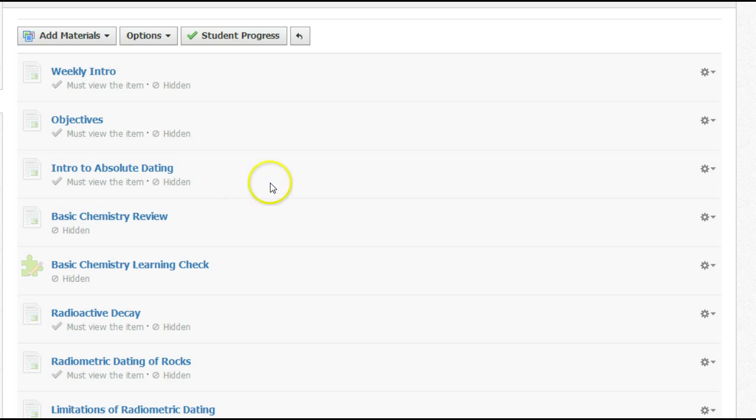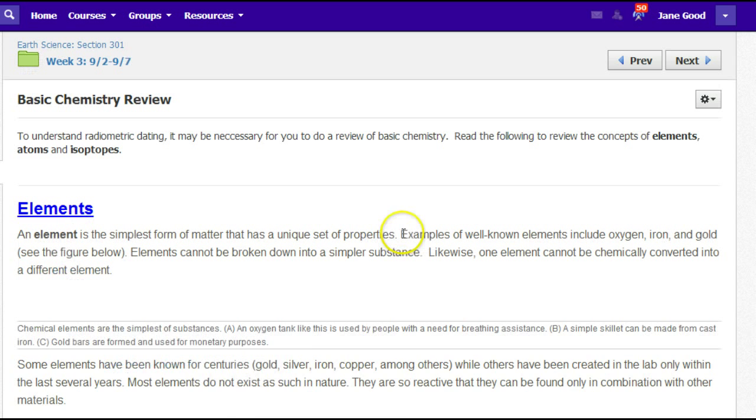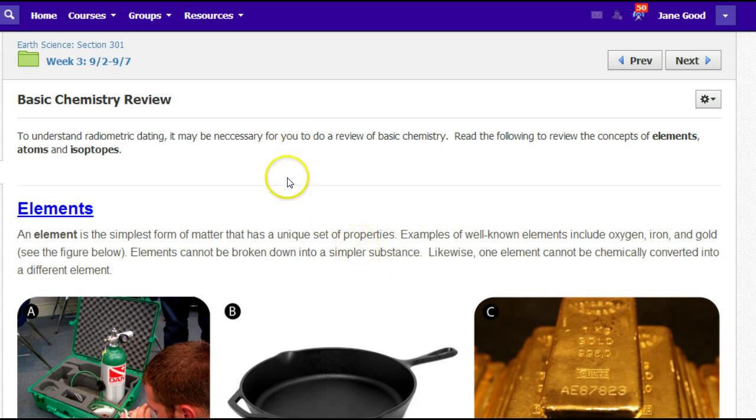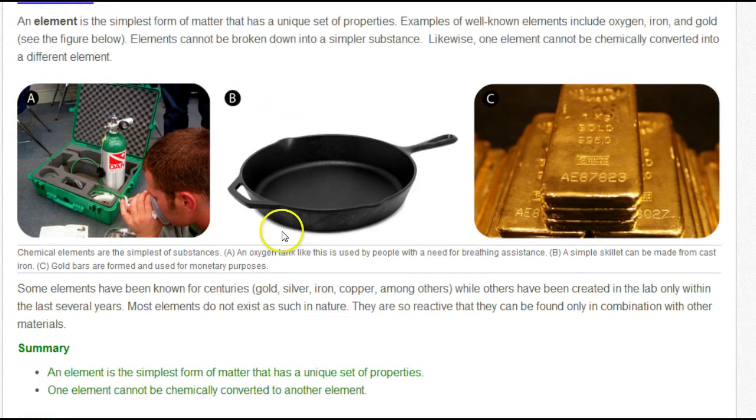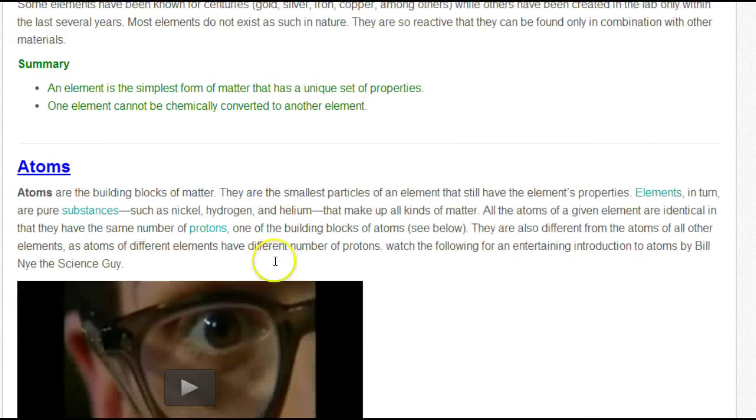So you may have to take some notes this week, and you may have to do some review. Notice that there's some basic chemistry review here. So we're going to start just by taking a quick look at that page. This might be information that as soon as you read it, you're like, oh yeah, I remember this stuff. It might not. If it's not, you might have to spend a little bit more time here and make sure